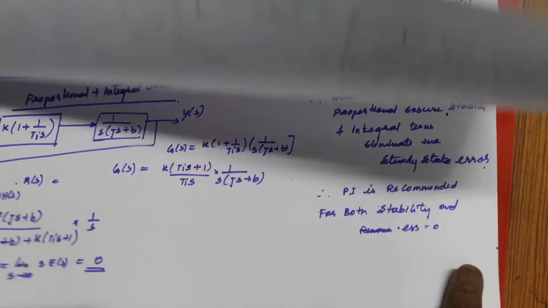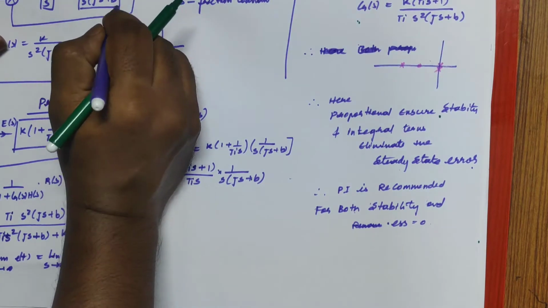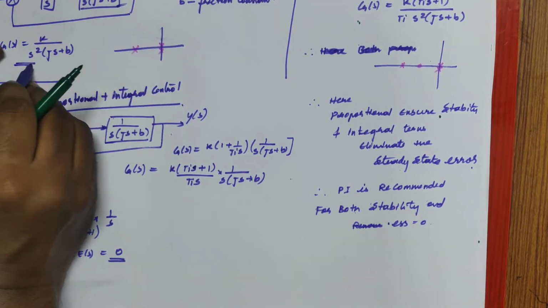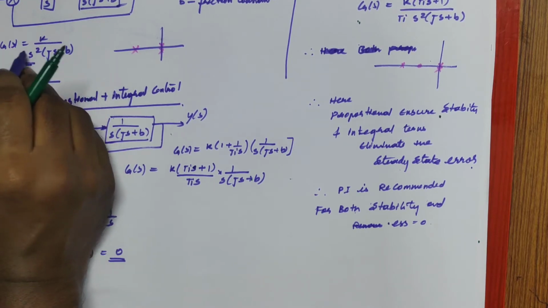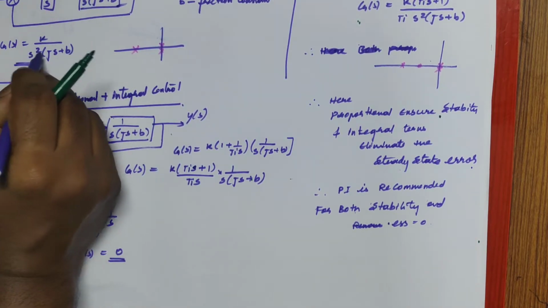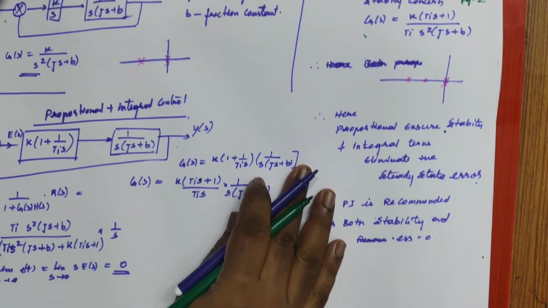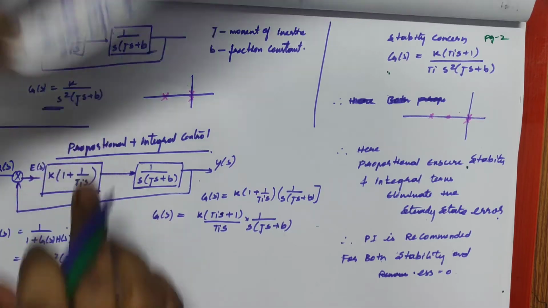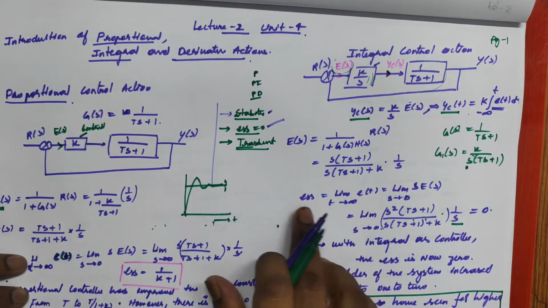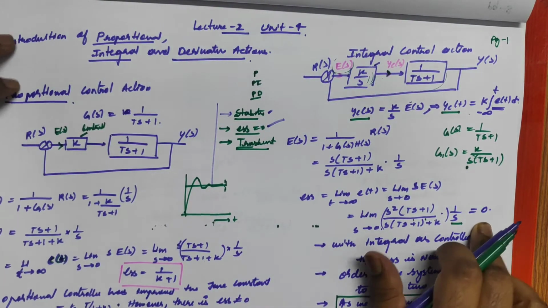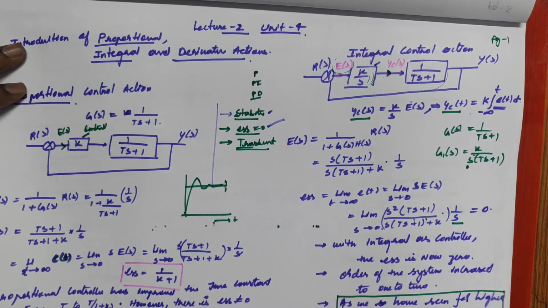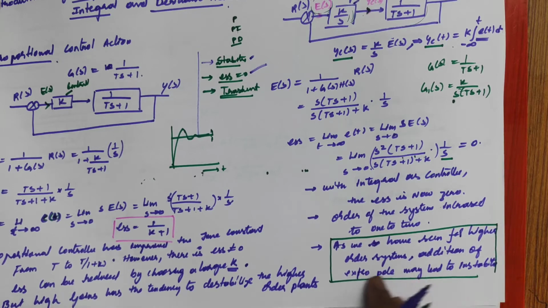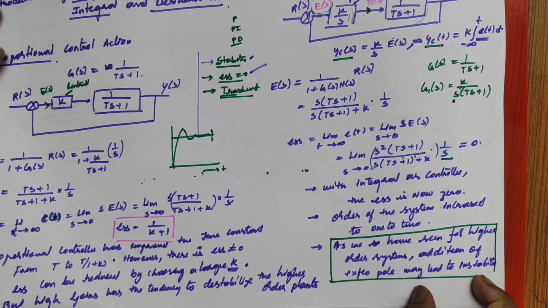So I came up with something, this is the second order system. I incorporate some s here. Now what is happening? I got this, the overall system: K by (s square plus Js plus 1). If we do this math, I get steady state error equal to 0. But we have to see the stability also. As we see, for a higher order system, the addition of an extra pole may lead to instability.